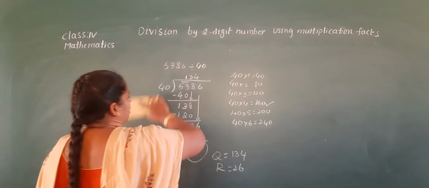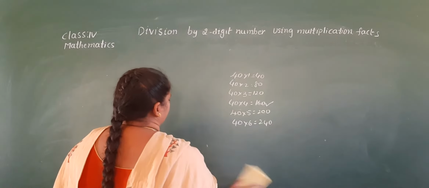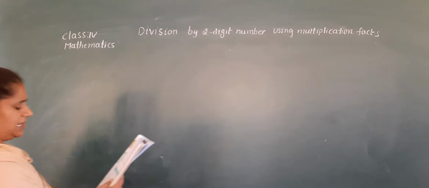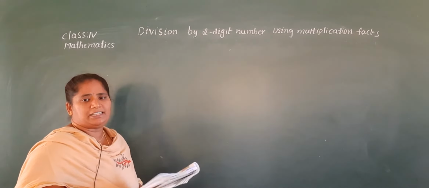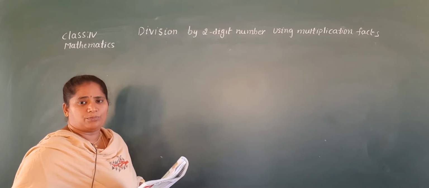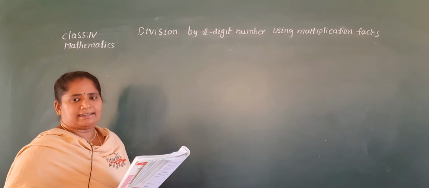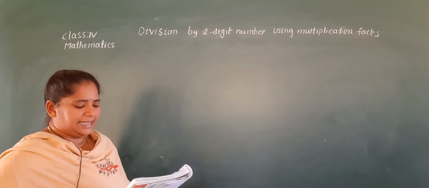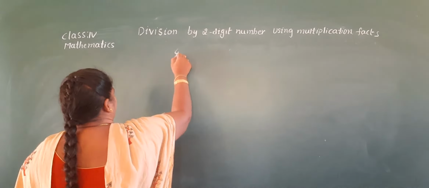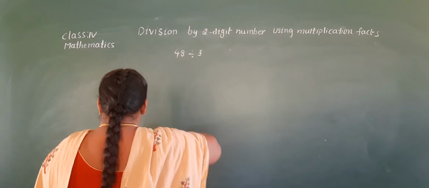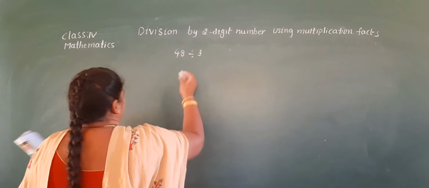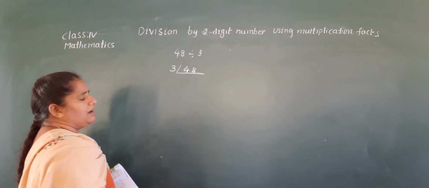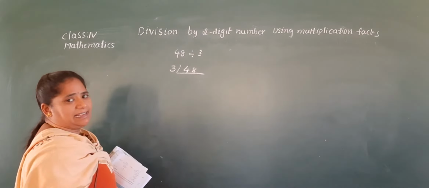Now I will explain the short division. How do you do the short division? See, ma, this method is similar to the long division method, but it involves more mental maths and less written calculation. In this method, the final quotient is written below the dividend in one single step. See, 48 is divided by 3 in short division. First you have to arrange the number like this and write this 3. So here we write the quotient directly.